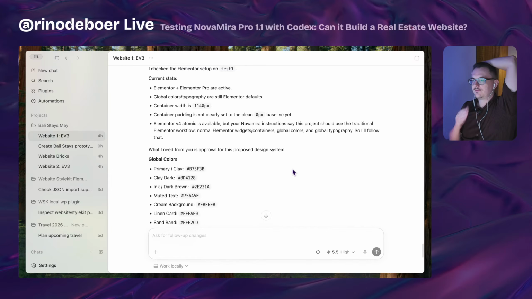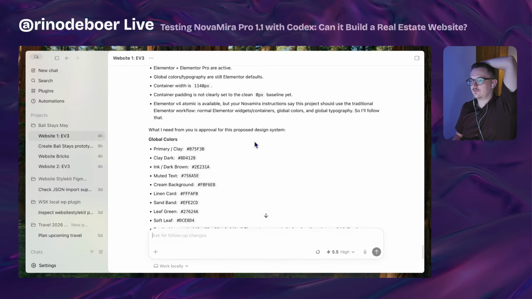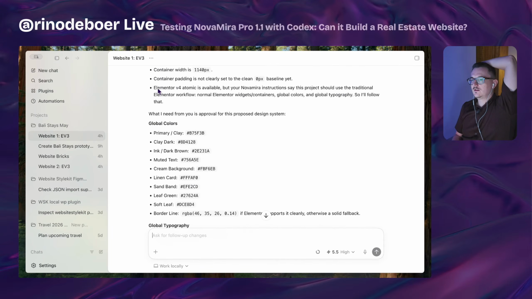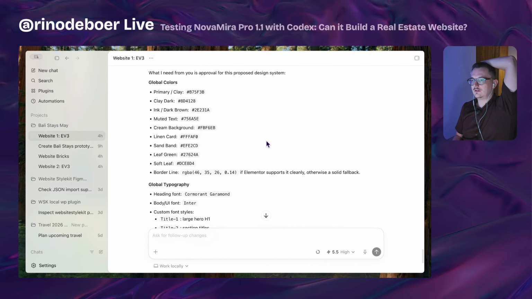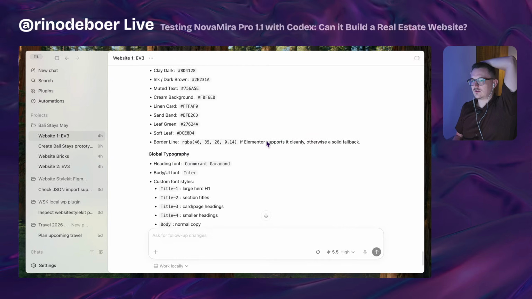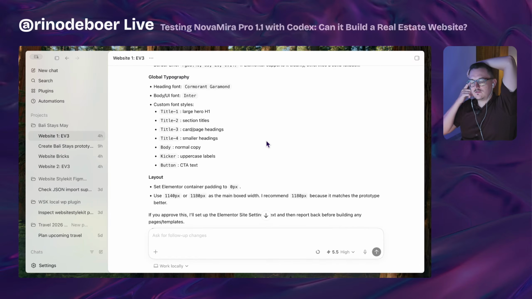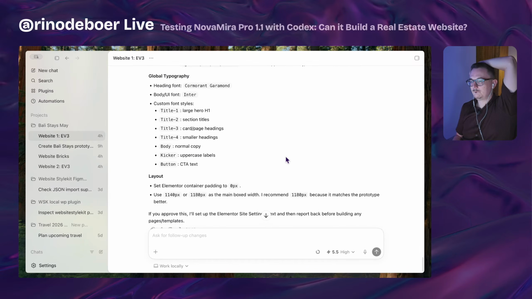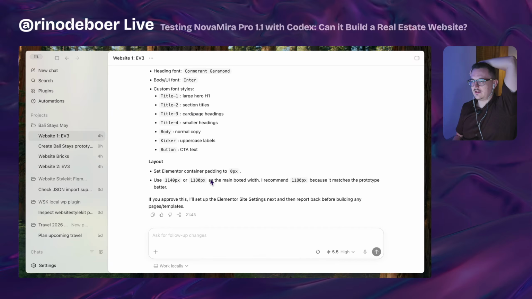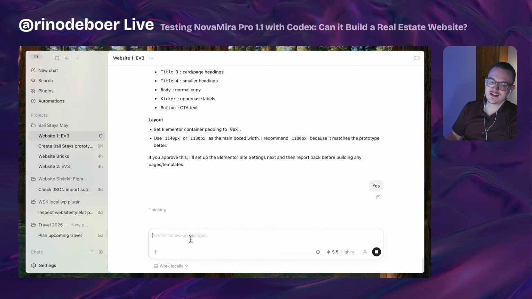I checked the Elementor setup. Current setup, yes. Container width, yes. Atomic v4 is available, but in your, yes, exactly. We're not going to use that. Global colors, okay, sure. Global typography, title 1. Yeah, sure, that's fine. Set Elementor container padding to 1, use yes, or as a main. I recommend 11 because it matches the prototype. Okay, if you approve this, yes. Okay, awesome. So it's going to set up, this is really cool. It's going to set up